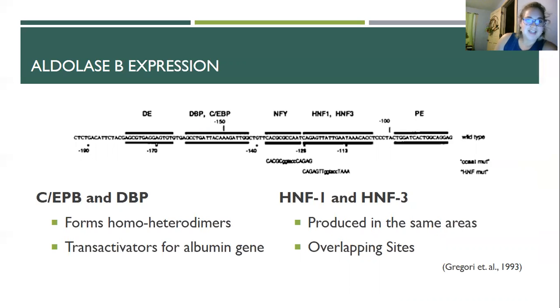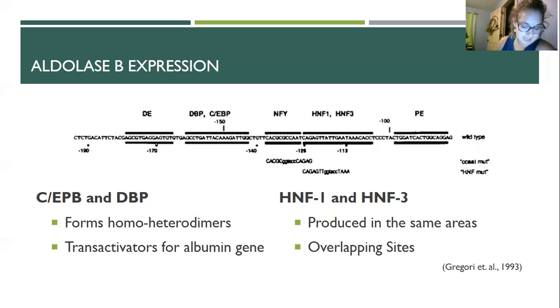So more on Aldolase B expression. Aldolase B expression can be regulated by transcription factors HNF1, HNF3, C/EBP, and DBP by having the protein binding sites added to the Aldolase B promoter. Element D is part of the liver enriched proteins. This includes both